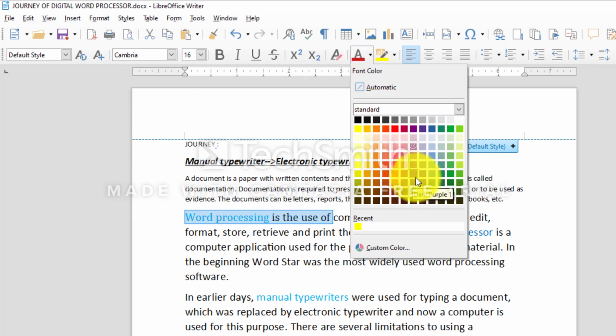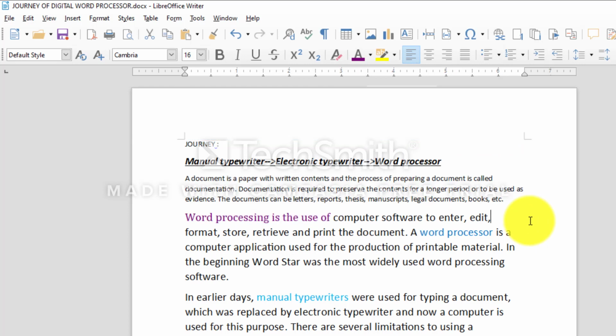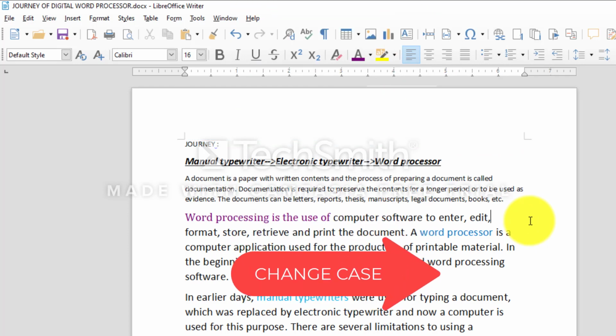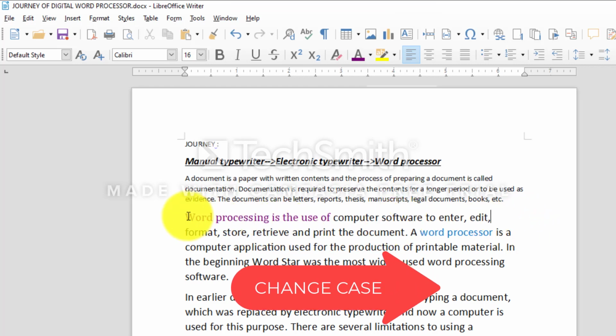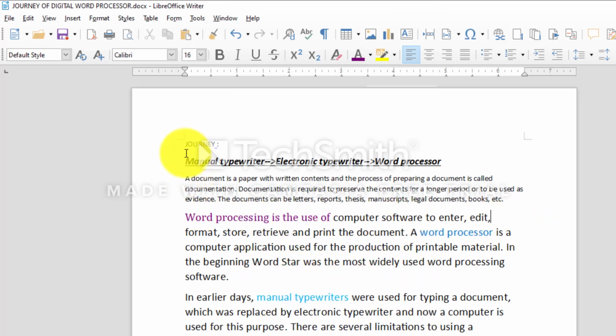Next we will study how to change the text cases. It is possible to change the case of the text.